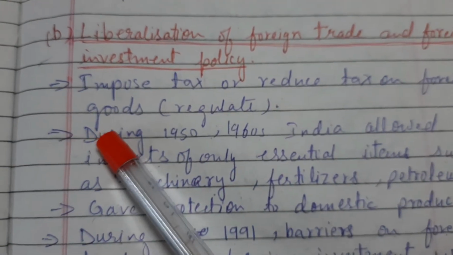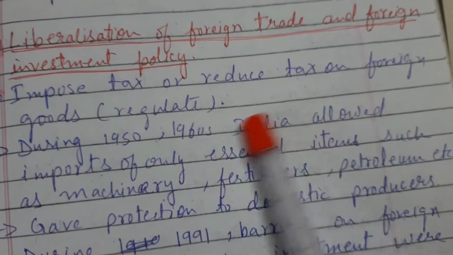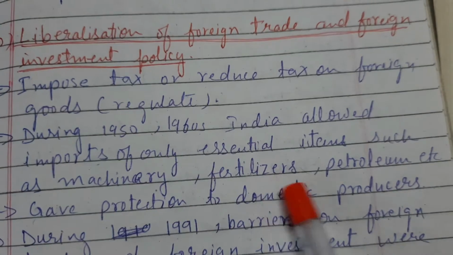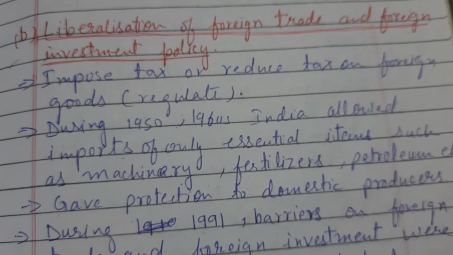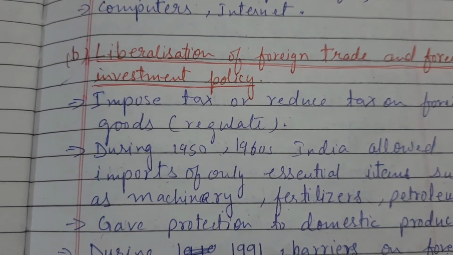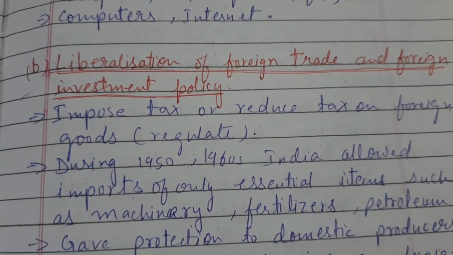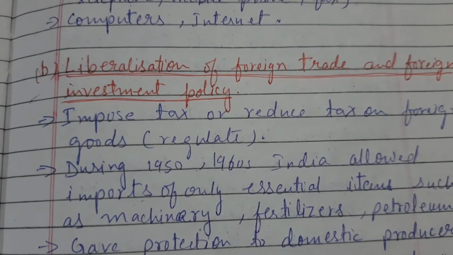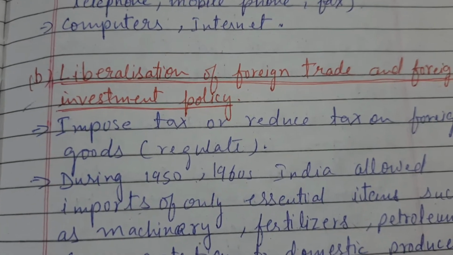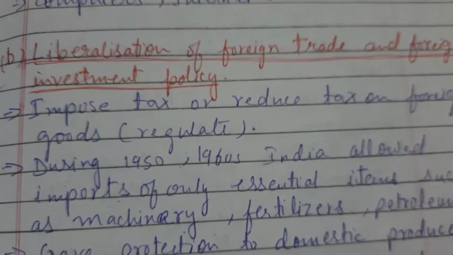Now I have made another point. During the 1950s and 1960s, trade allowed imports of only essential items such as machinery, fertilizers and petroleum. Why was this done? Tax on imports is an example of trade barrier. If the government puts tax, then it will control the import from foreign countries. It is called a barrier because some restrictions have been set up. Government can use trade barriers to increase or decrease foreign trade and to decide what kind of goods and how much of each should come into our country.